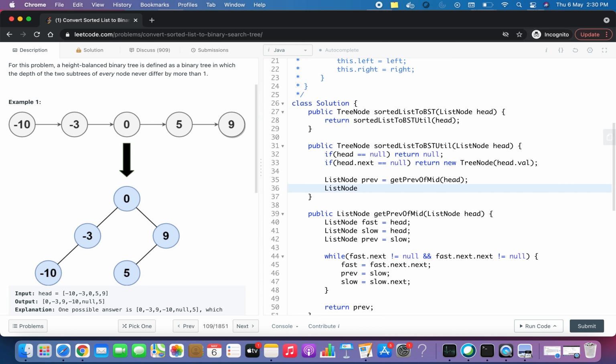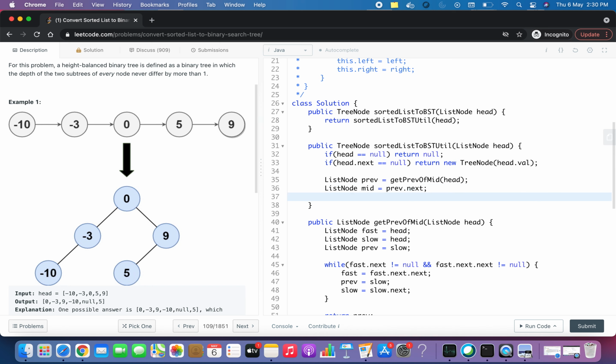I'll take another variable mid in which I am going to store the next of previous, and I will make previous of next null. When I make previous of next null, I am creating a new list which goes from head to previous.